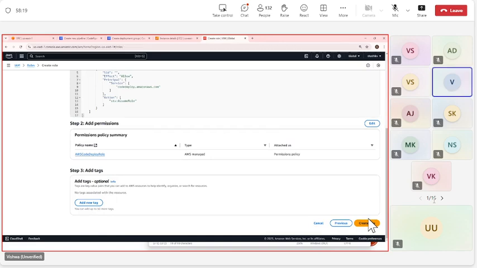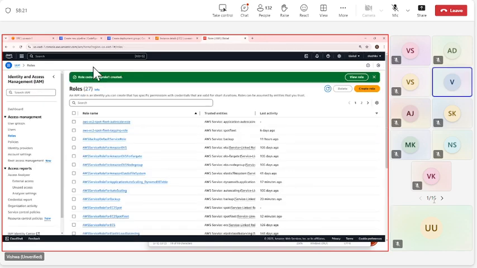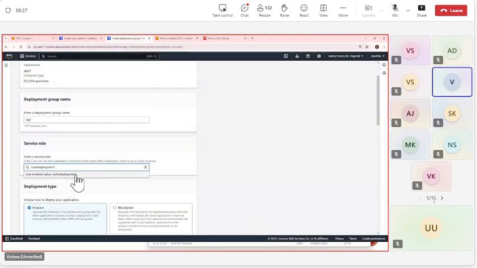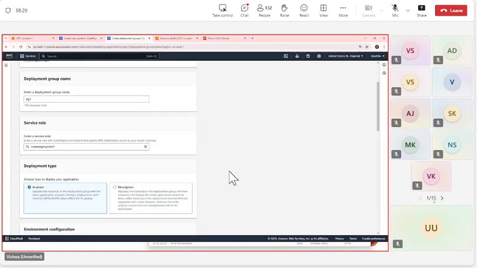So the role is always something that does the job on behalf of us.